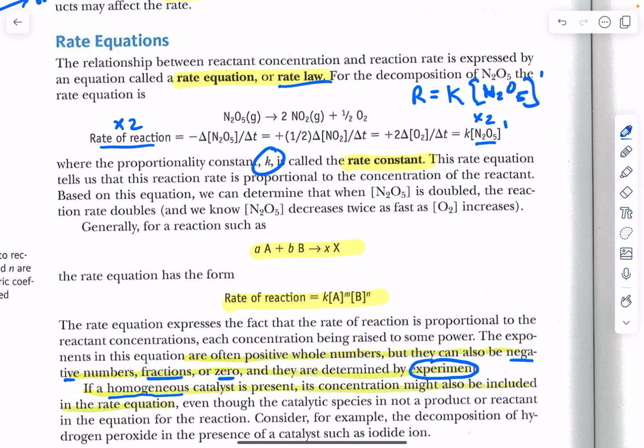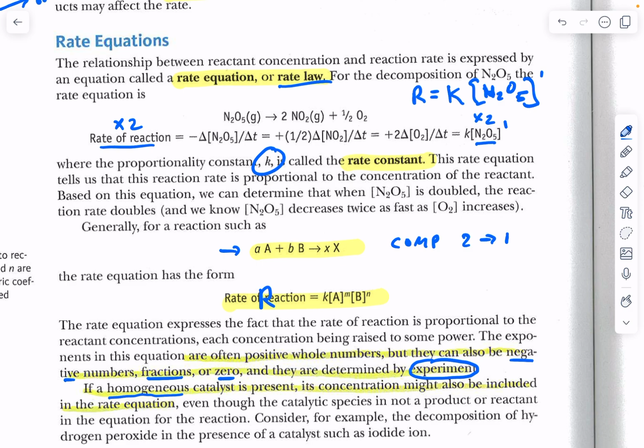Generically, it looks like this. If I have A moles of reactant capital A and B moles of reactant capital B, let's say I produce X moles of product capital X. So this would be a composition reaction where 2 reactants become 1. In any case, the generic rate law then would be my reaction rate, we could just call that R, is